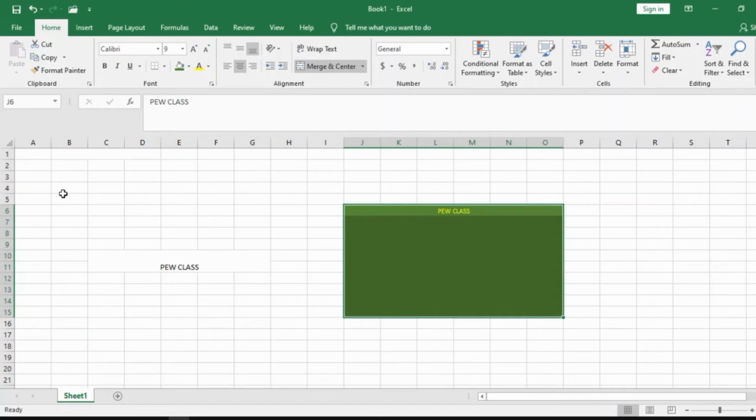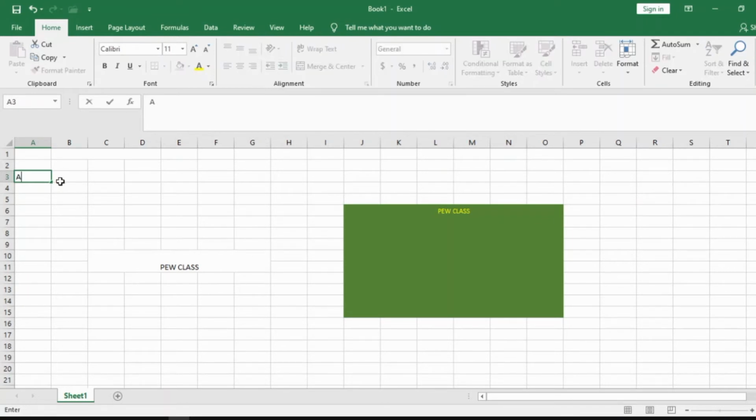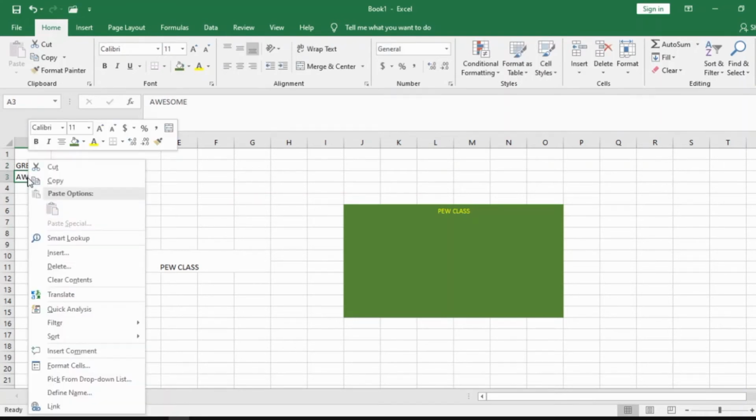So let's look at how you can insert extra rows and columns. Let's say you have something like this, awesome. You have awesome, and you want to insert another row. Let's say you have great, and you want to insert another row between great and awesome. All you need to do is click on the last row,